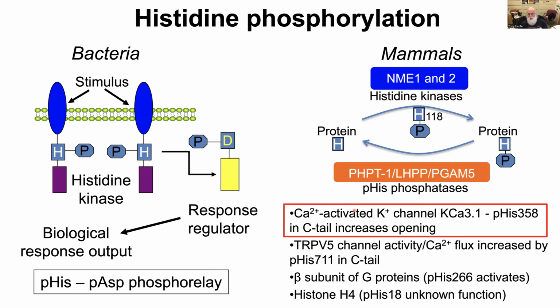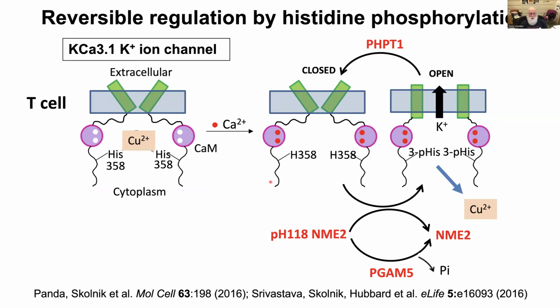Now, there's one reasonably good example of how histidine phosphorylation can control protein function in this work from Ed Skolnick's group on this calcium-activated potassium channel, KCa3.1, in which, in this case, in a T cell, the ion channel is normally closed through chelation of a copper ion by the 4 cytoplasmic tails on histidine 358. In response to T cell activation,